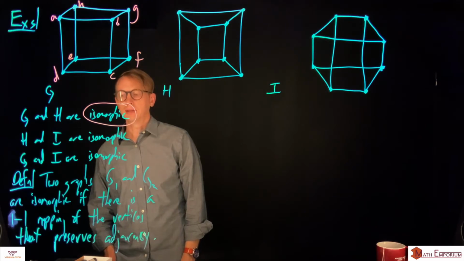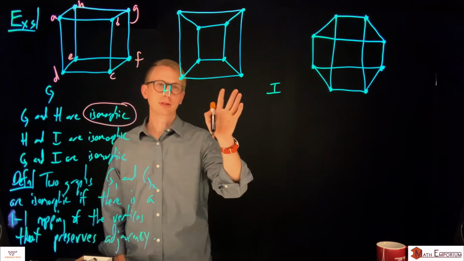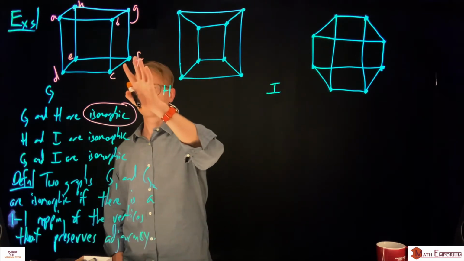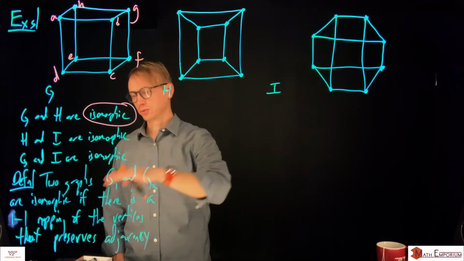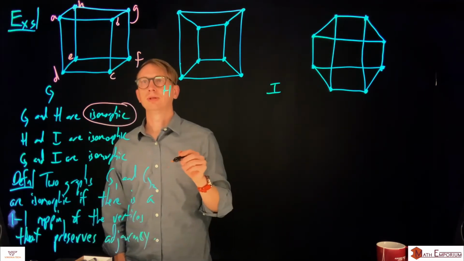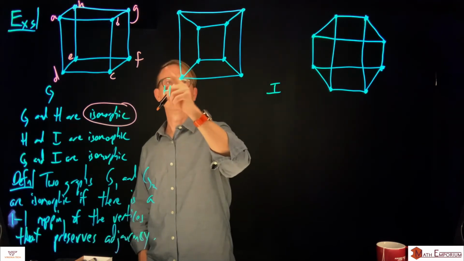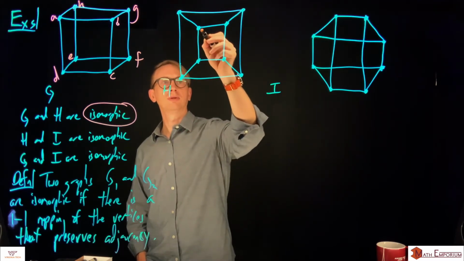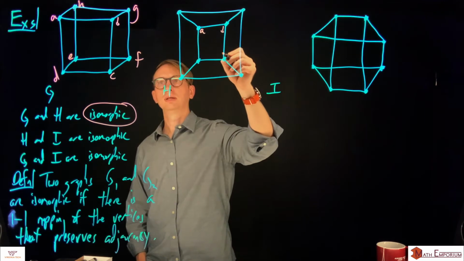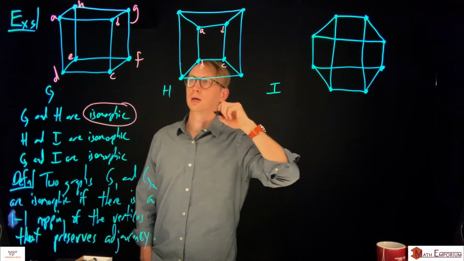Alright, so to make this mapping, believe it or not, there's not a lot to do, especially if it's unlabeled, but even if it is labeled, you just have to use a labeling procedure, which is a mapping. A mapping is a labeling procedure to label this. So there's actually a bunch of isomorphisms that would work, but I'm going to choose one that looks the simplest to me. So if I label this one A, B, C, and D,